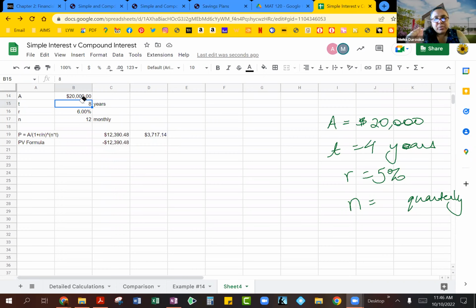So we're needing $20,000 in 4 years time. So the T value will become 4 years. So again, you'll see how my number at the bottom changed. Our interest rate is only 5%. So 5% as a decimal, of course, comes out to be 0.05. And then we're doing this quarterly. So of course, our quarterly is going to be 4 times a year,